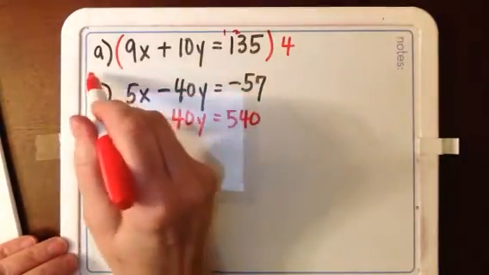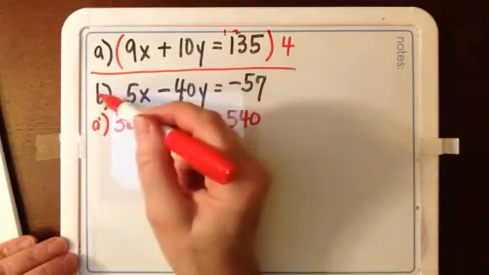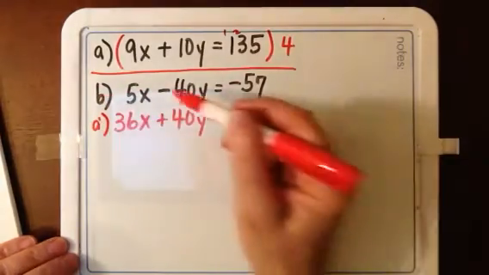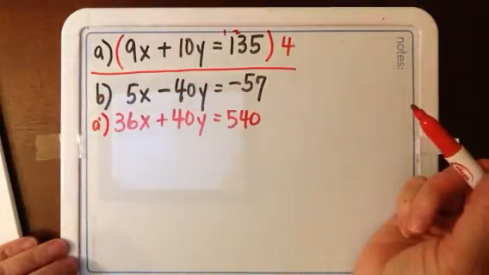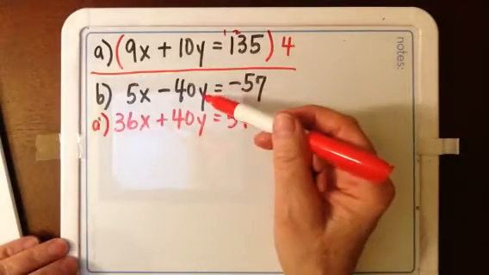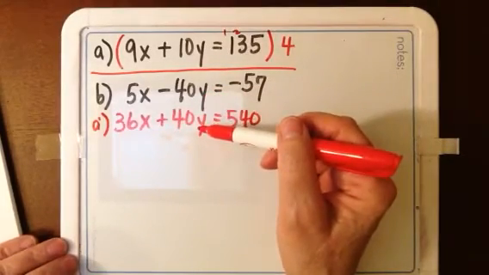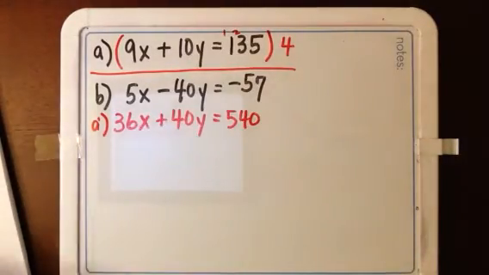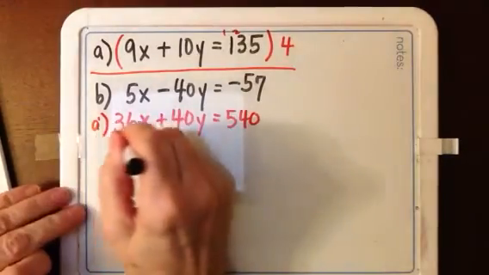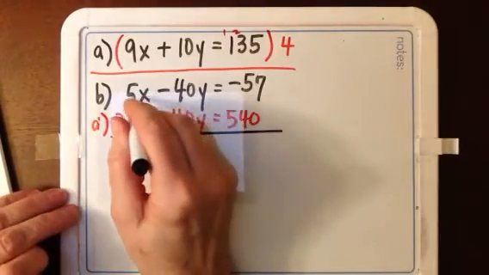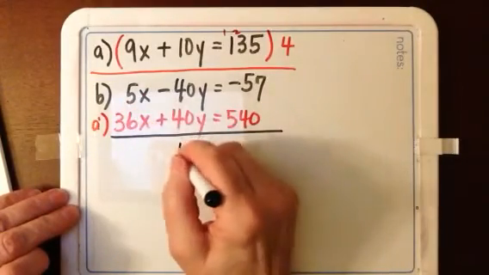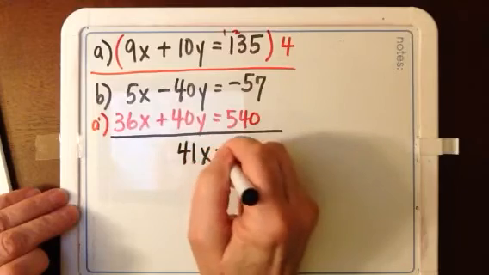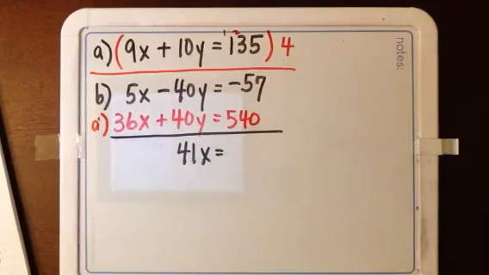Now if we add equation B to equation A prime, we can totally eliminate the y's because equation B contains negative 40y, and when we add positive 40y we come out with 0y. And that's a huge step towards what we want to do. So we're going to have 41x equals 540